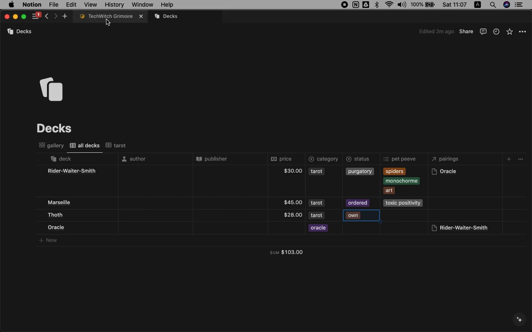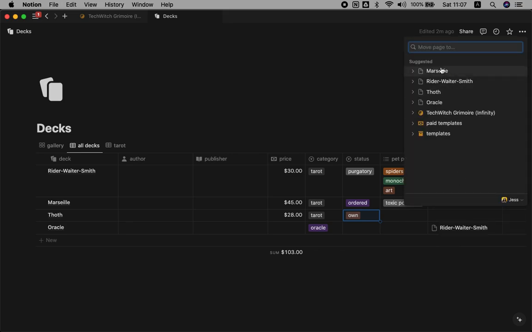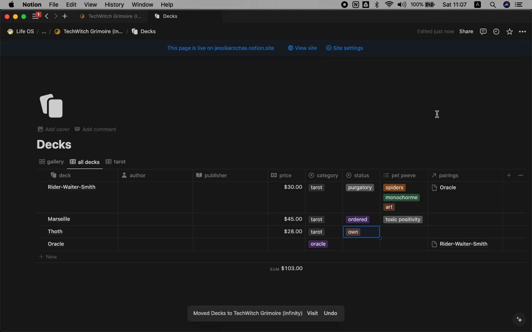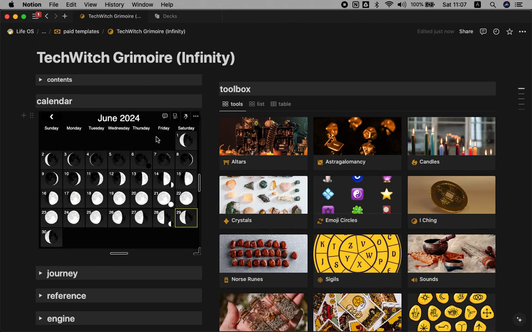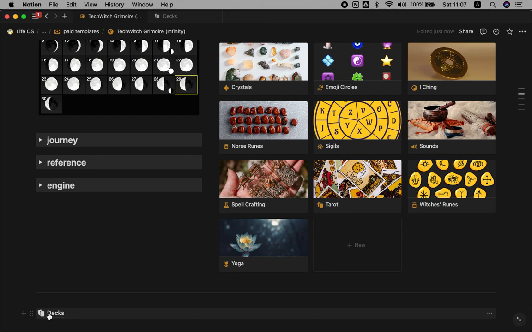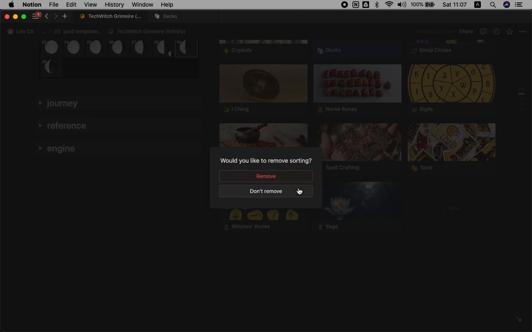Since you already have it on your Notion, what you are going to do is enter this page, the Decks page, and you can move it with this option here. Right hand upper corner, click the three dots, go to move to, and it's going to open the option so you can just move to your Tech Witch Grimoire. So now it's moved, and it's going to show up here, and I can just drag it,